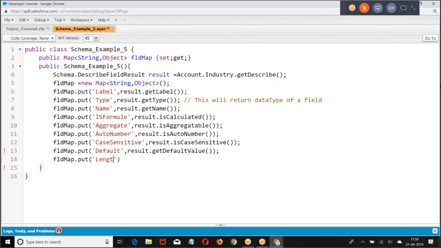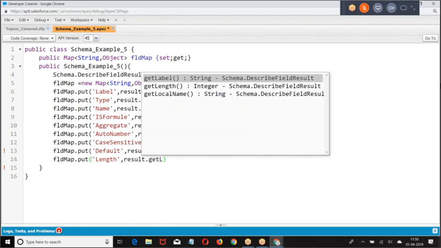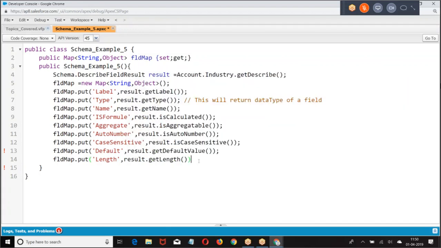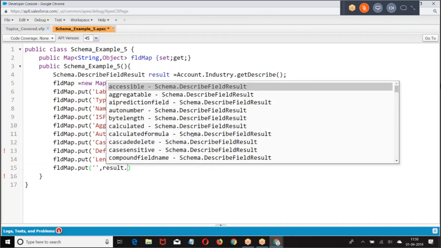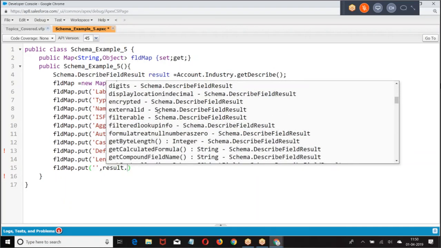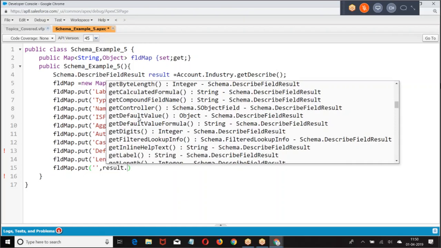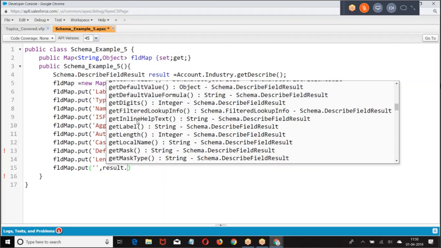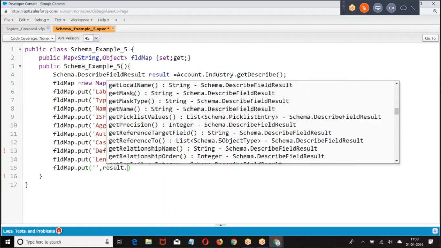Length. Then we have result dot. Then we have here how many digits, inline help text. In case you are applying any mask, text encrypted.